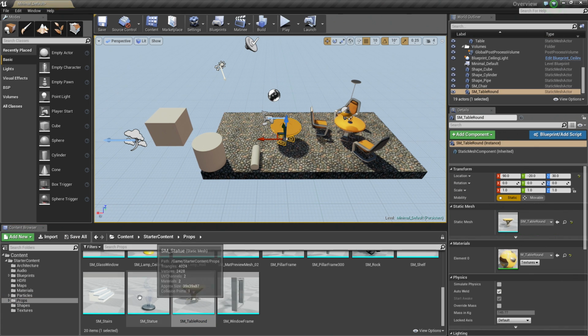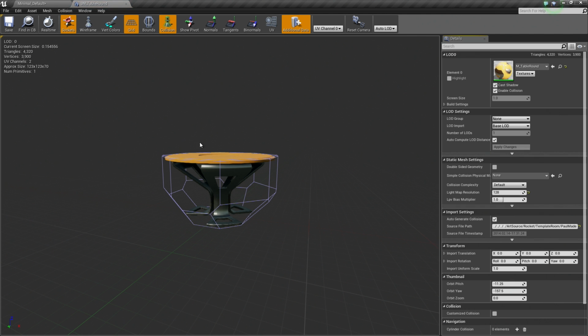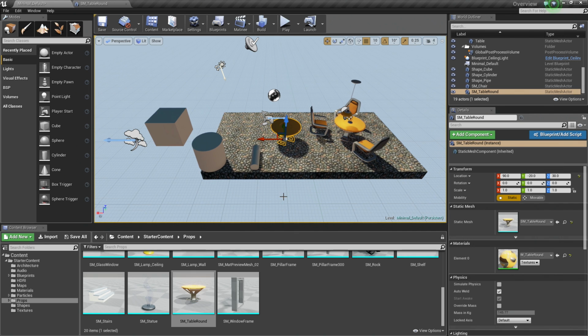You can also double click on an asset to open it up in its own sub-editor. And you can also import your own content by clicking the import button or using the auto import method that